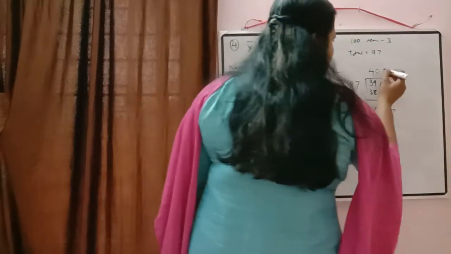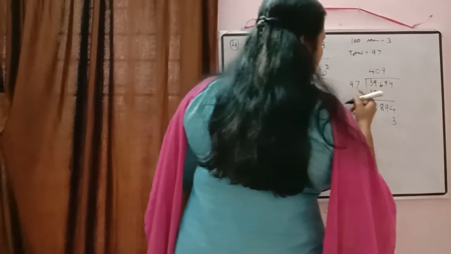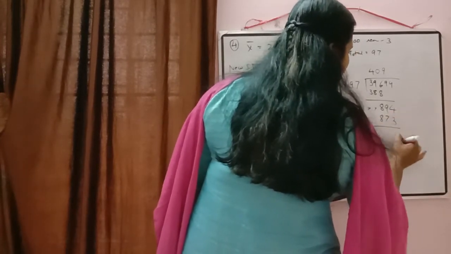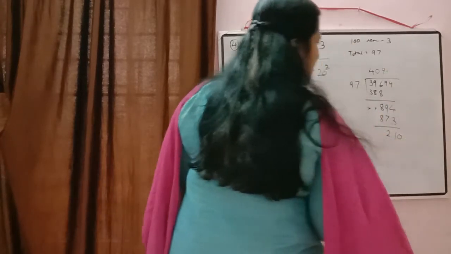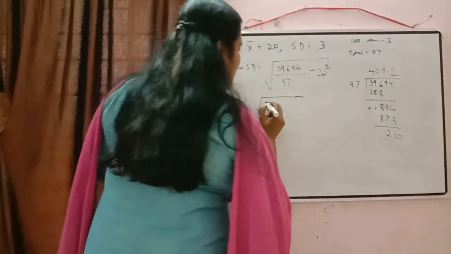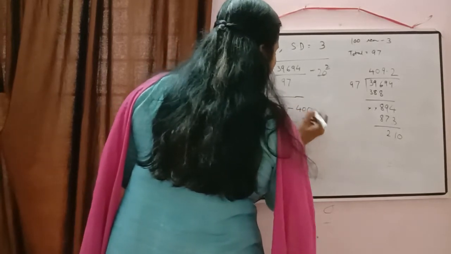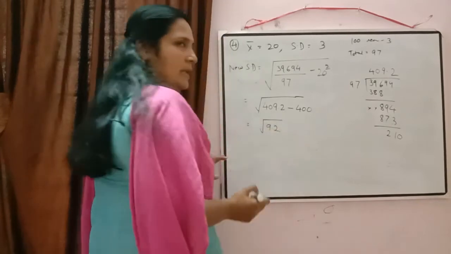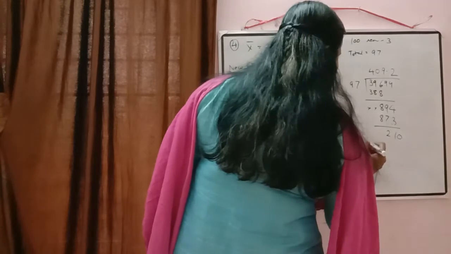Then I think it will go by 9. 9 sevens are 63, carry over 6. 9 nines are 81 plus 6 will be equal to 87. So 4 minus 3, 1, 9 minus 7, 2. So we'll put a decimal there, then 0 will come. So obviously 409.2 will come. So here we can write down there 409.2 minus 20 square, which is 400. So when we do the subtraction, we will get there 9.2. And 9.2 can be written as 9.20.